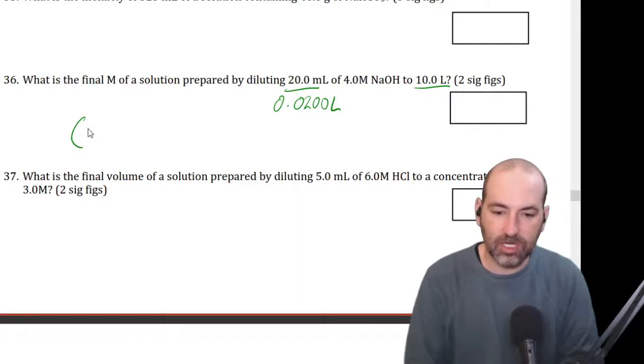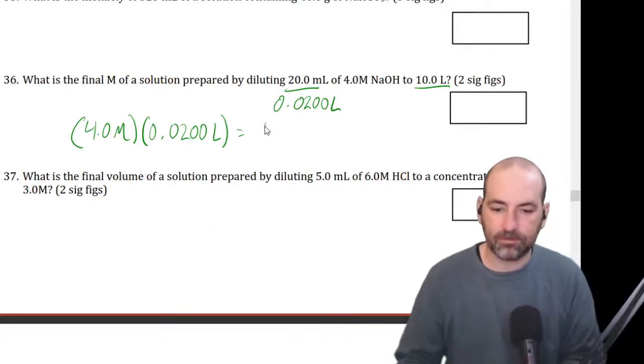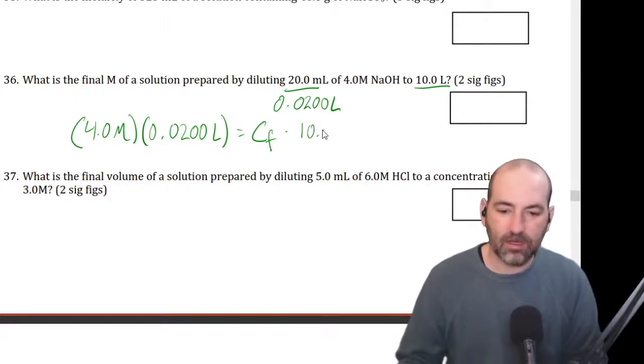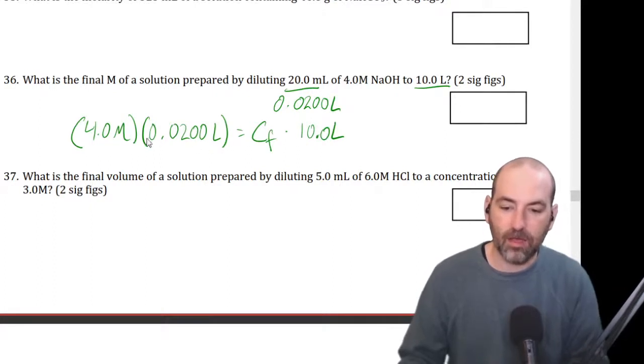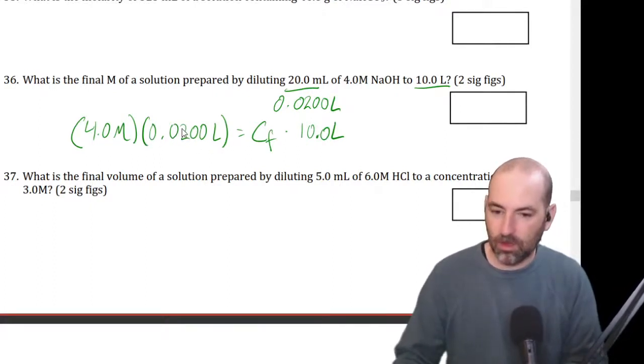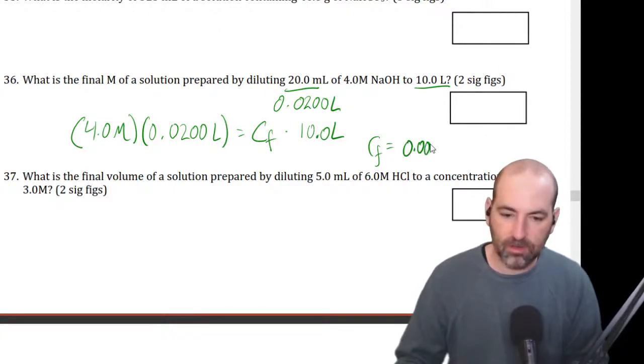The initial concentration is 4 molar, and the initial volume is 0.02 liters. And then we want to find the final concentration that is in 10 liters, after we've diluted it to 10 liters. So we're going to multiply 4 by 0.02 and then divide by 10. And we get that final concentration is 0.008